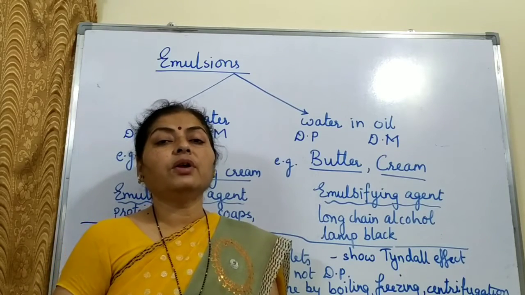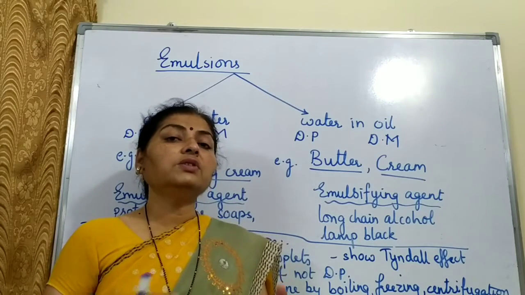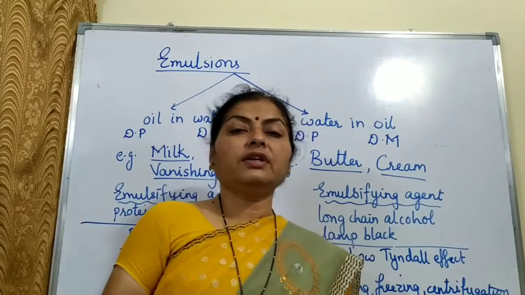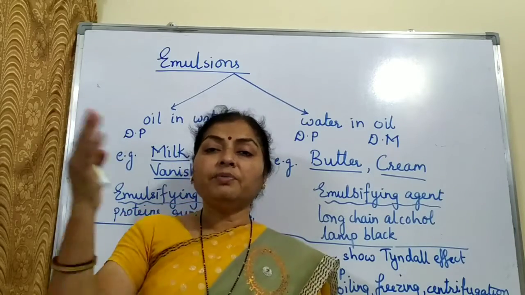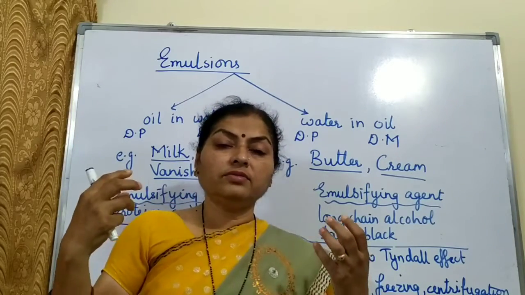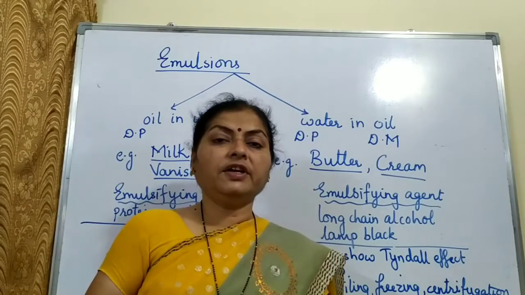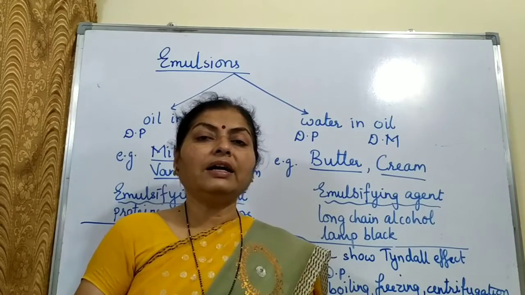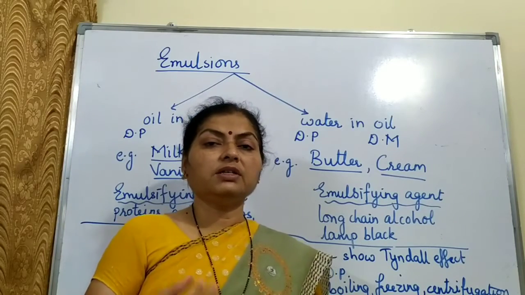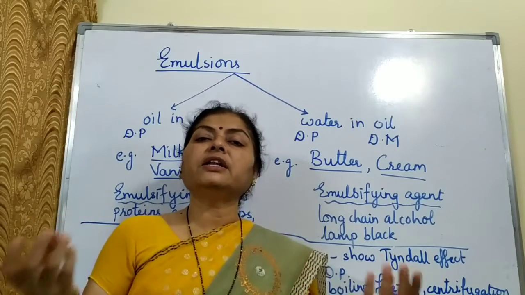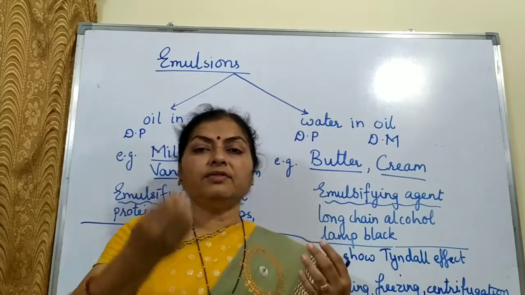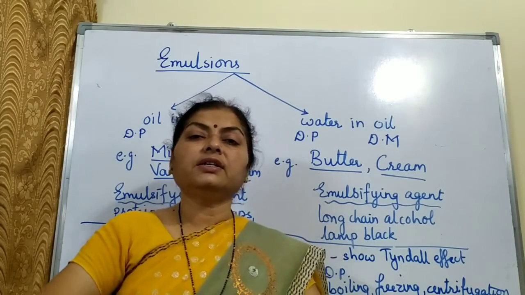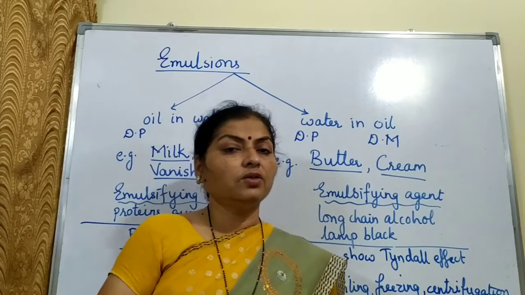Then applications of colloids. In our day-to-day life, we can use this concept to carry out many different things. For example, a Cottrell precipitator. In chimneys, there can be electrodes fitted. That is a Cottrell precipitator. Whatever charge is on the particles of the smoke coming out from the chimneys will get discharged as soon as the particles come in contact with the electrodes, and then they will become bigger particles and drop down in the precipitator itself, and the clean gas will go out.